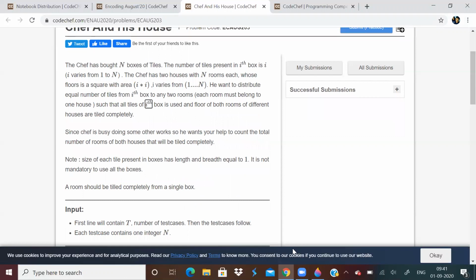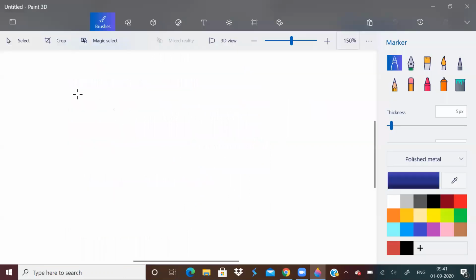This essentially means what? For example, let us say we take the second box. How many tiles will it have? It will have 2 tiles. So the number of tiles in the second box is 2. Now let me select a room in the first house. Let's say this is the first house and this is the second house.